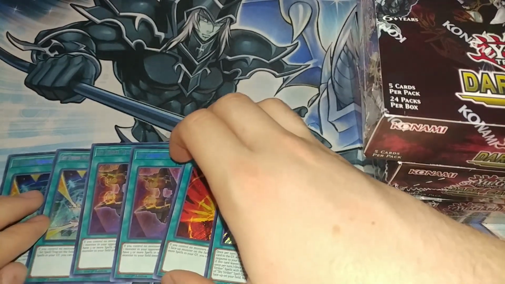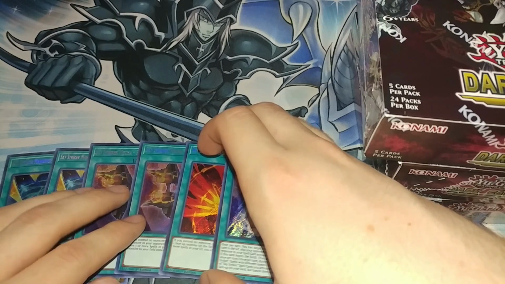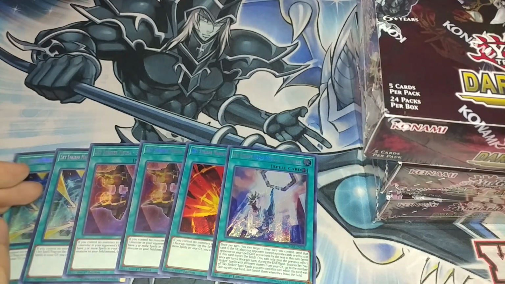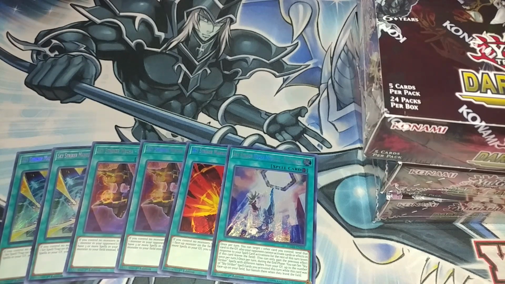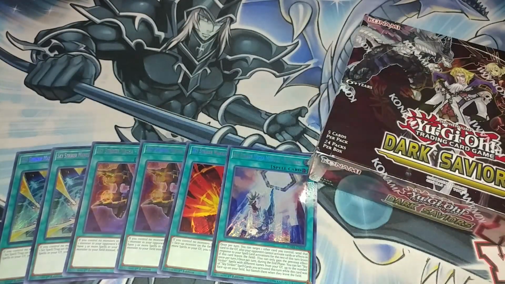I'm going to separate these in a little different categories than I did in the last video. We're just going to put all of the non-Sky Striker secret rares in a pile at the top, and all of the Sky Striker secret rares at the bottom here, because really that's what most people care about if you're trying to get value from this set. So anyway, let's first open...